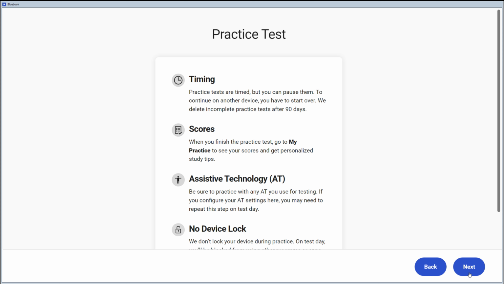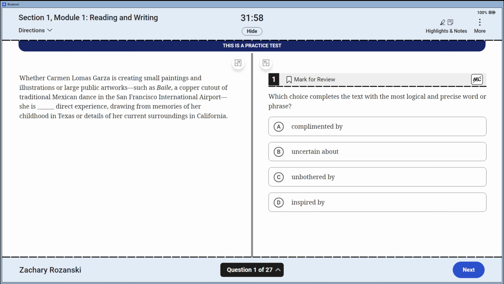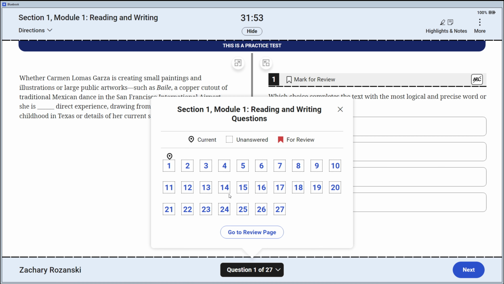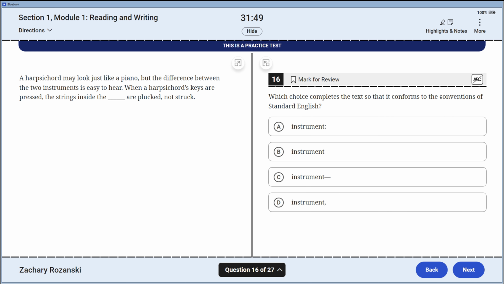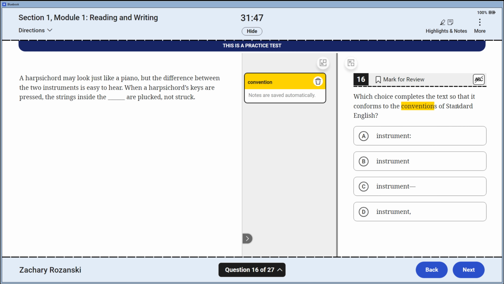I'm Mr. Vazansky, and this is a speed run of practice test 6, the first module, the A module, the medium one, and we can get this done by heading for the first conventions question, which is all the way down here on 16, but that's all right.